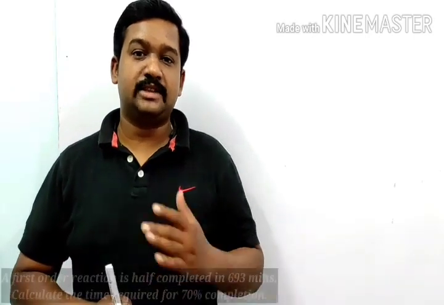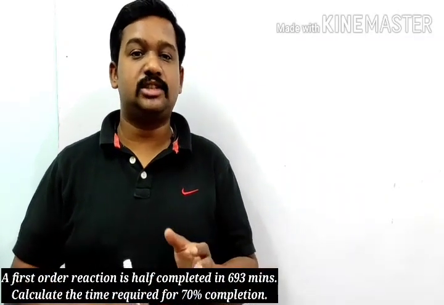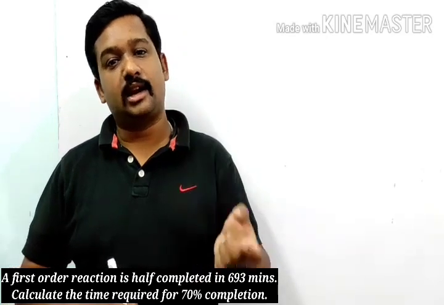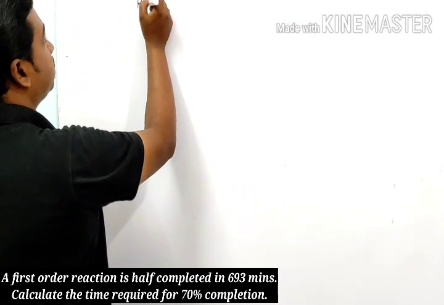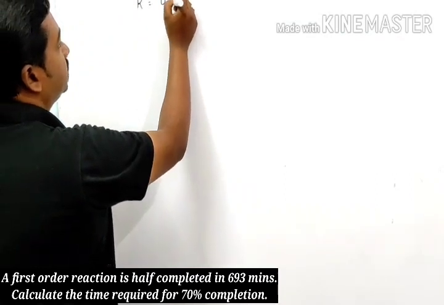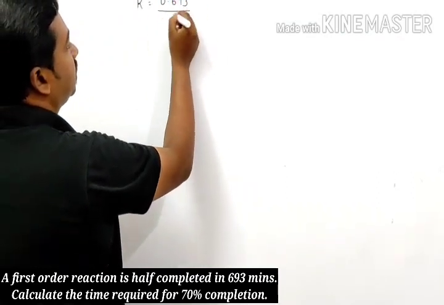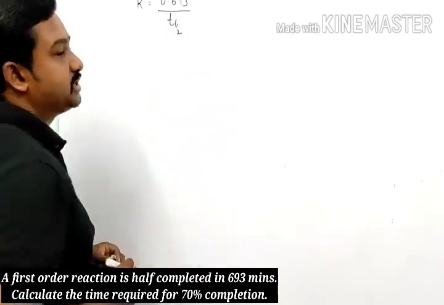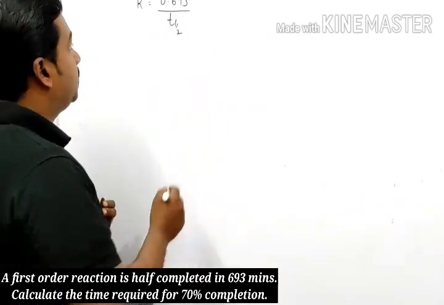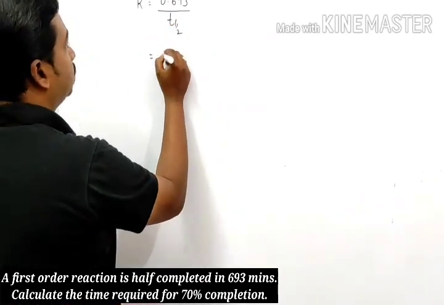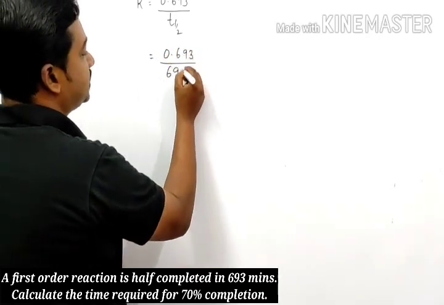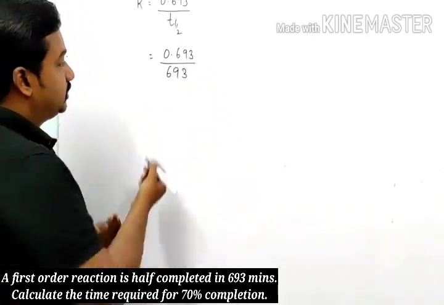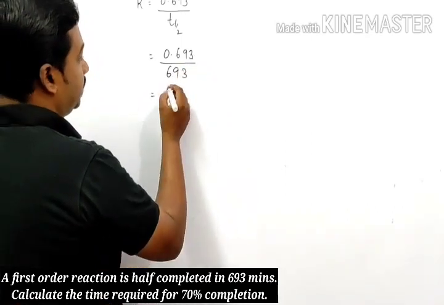It is given as a first order reaction, for which the rate constant and half-life have a relation that K is equal to 0.693 by T half. This is for a first order reaction. Therefore, I get the value 0.693 divided by 693 minutes. So the answer becomes